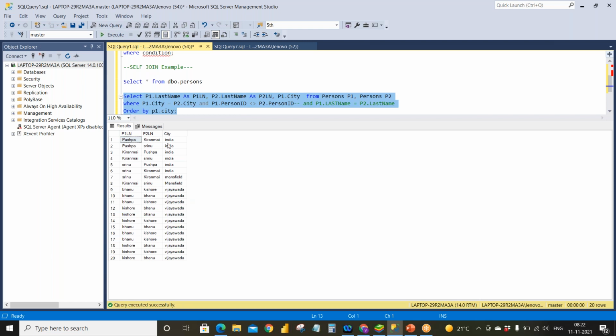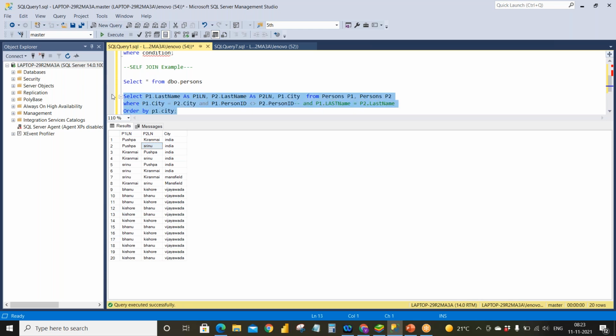Okay. So for P1, I have Pushpa, and for P2, I have Kiranmai, and the city is India. And for P1, I have again Pushpa and P2. So all the combinations, whatever you saw when you gave star, you can see over here as well.